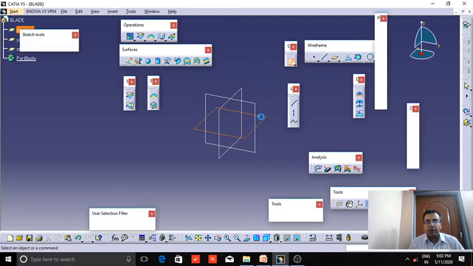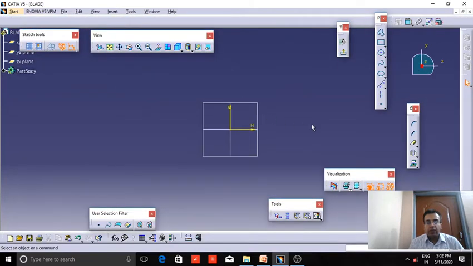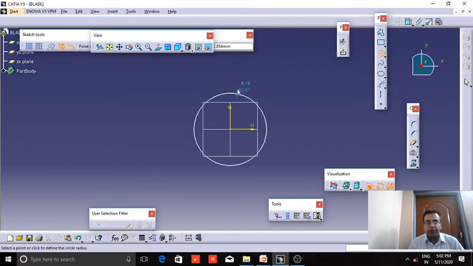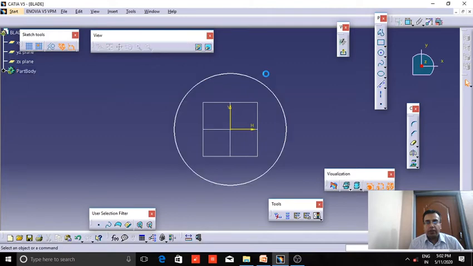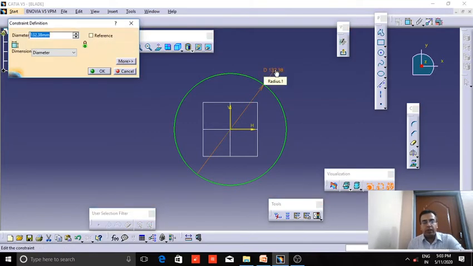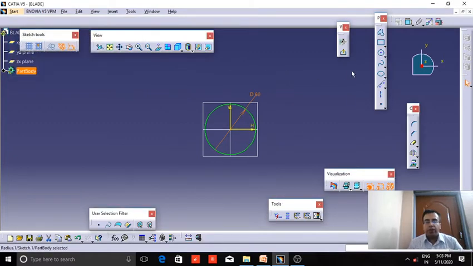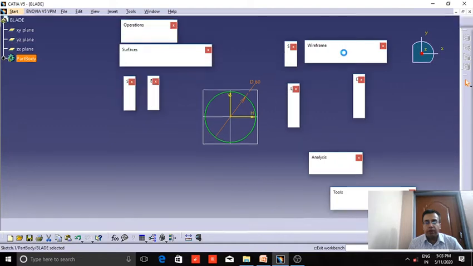Now as we have seen in the slide, central hub is a simple cylinder. So I will draw a simple circle. This is a freehand circle. Now I have to provide it the proper dimension as per the design. So here our diameter is 60 mm. This is called as parametric modeling approach in the industry.